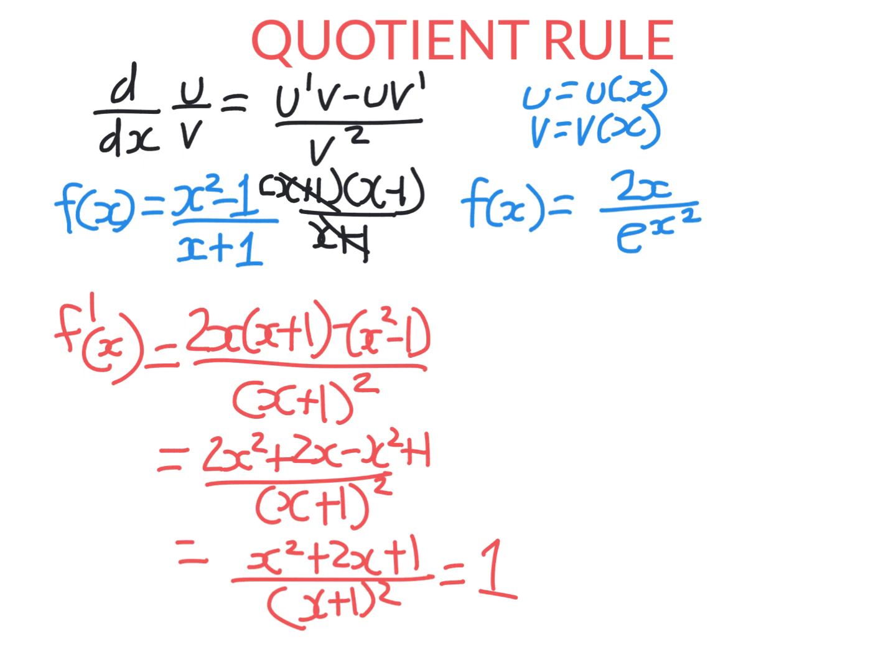2x e to the x squared. I mean, we could write this as 2x times e to the minus x squared and use the product rule, but we'll use the quotient rule here, which is pretty much the same effort,